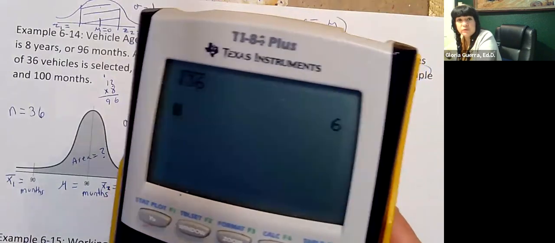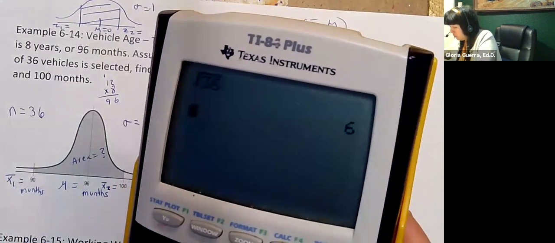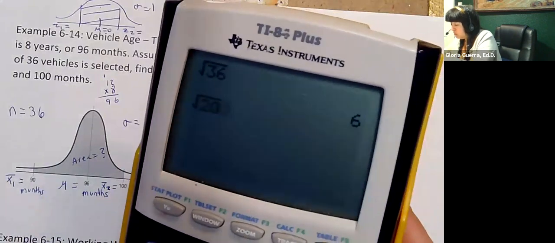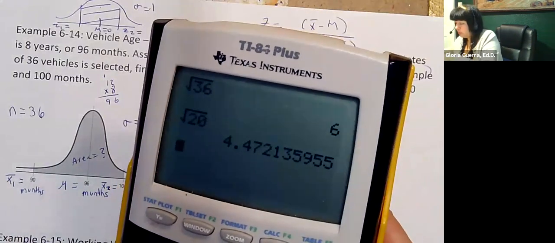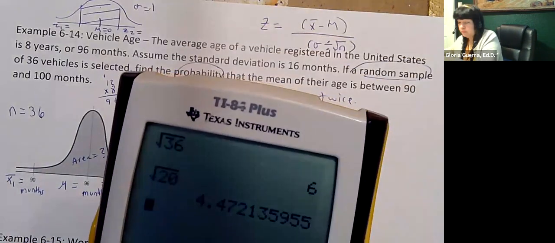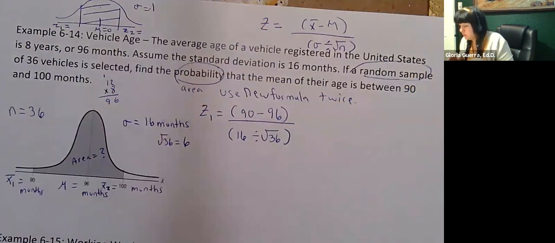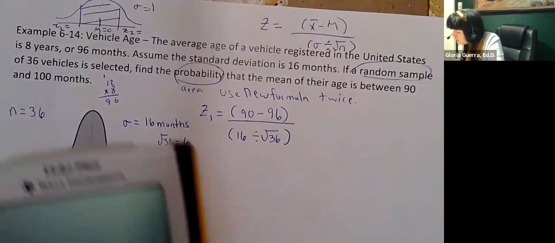See, that's a perfect square. A while ago we had the square root of 20. That's not a perfect square, but the square root of 36 is. See that? So I can just use 6 in there. So when I type this in,